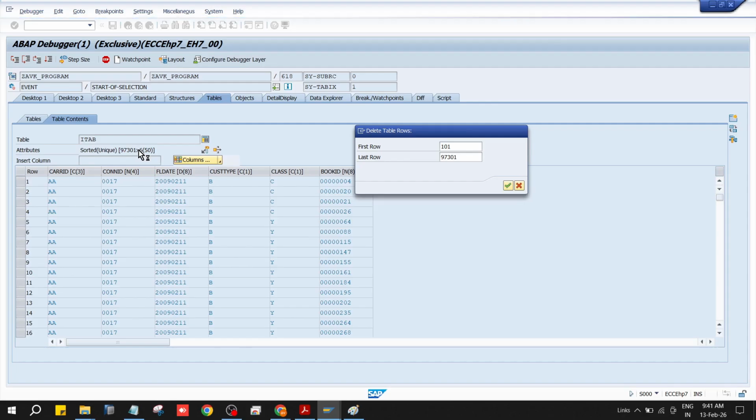97,301 records minus 100. So records are getting deleted now. In the temporary internal table, through the debugger we have this provision, we can delete the entries. It is time taking because of 97,000 records. Finally, we will be getting back to 100 records. So on top of 100,